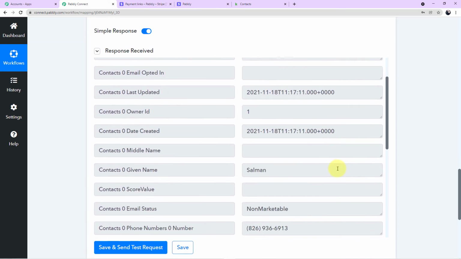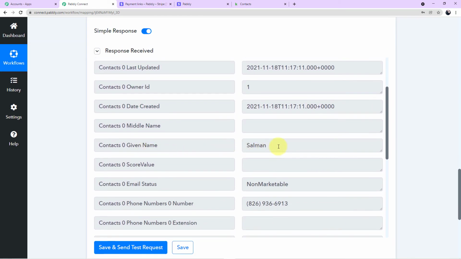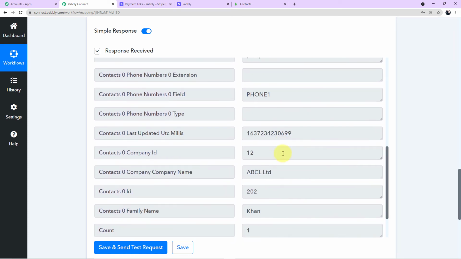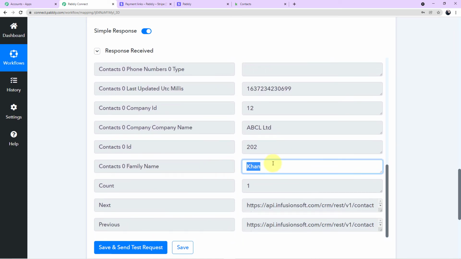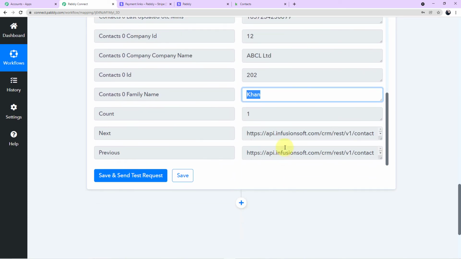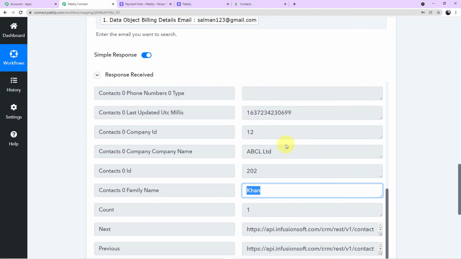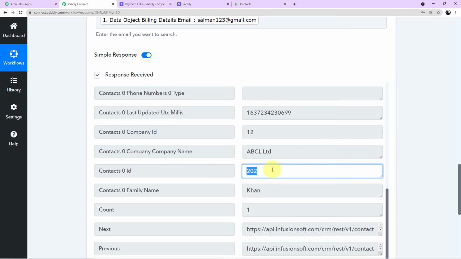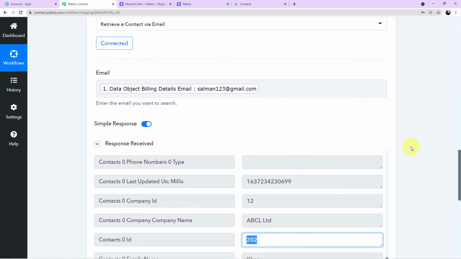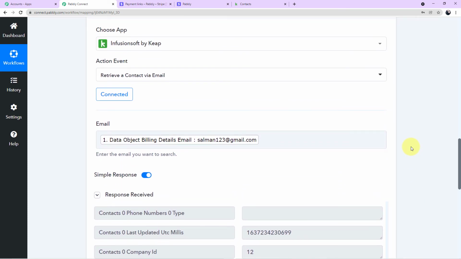Okay guys, here you can see we have got all of the details, the other details, which is Salman, the name of our customer. Okay, the last name of our customer. Okay, so we have got the rest of the details. Now here we have got one more thing. We have got a contact ID. So remember this contact ID. I'll show it to you how it will help us to add the tag further. Okay, so we have successfully done our second step. Also, we have retrieved the customer by his email ID.